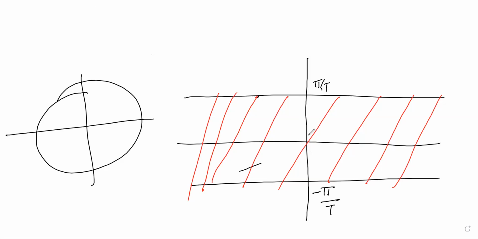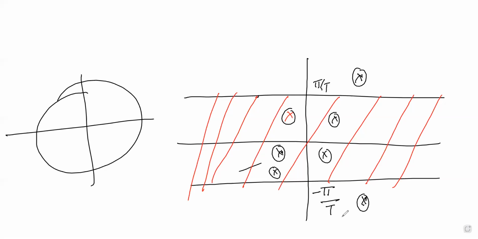Because if a pole lies above or below this region, then multiple poles will map to a single pole in the Z domain. That is important. If a number of poles lie inside this region, no problem. This is one pole, this is another pole. Even if you take a thousand poles, no problem. But if any pole lies above or below, it is a problem. This is the disadvantage of the impulse invariant technique.